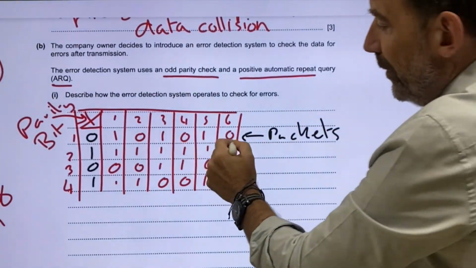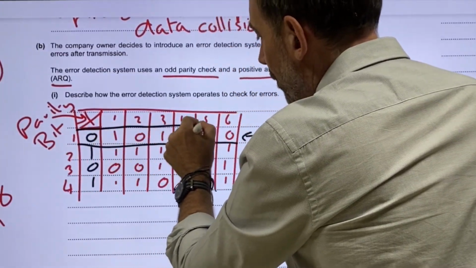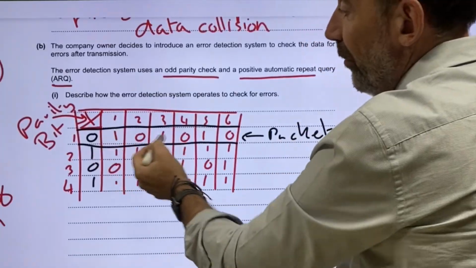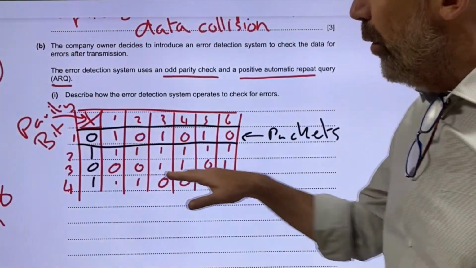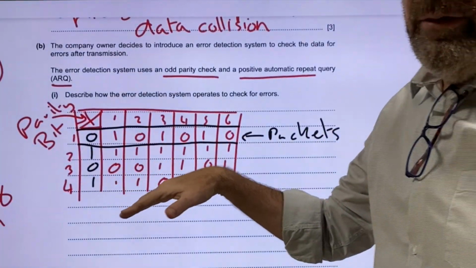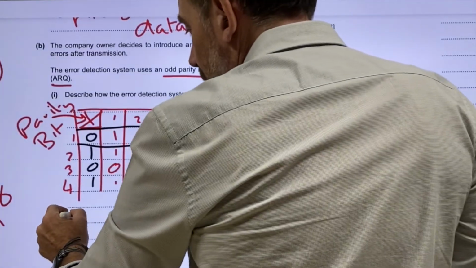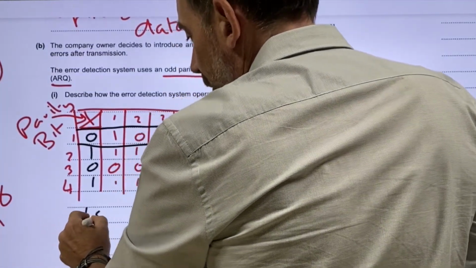Yeah, to make sure this packet of data is odd, it already is odd, so I'm just going to put a 0 in there, or a 1 to make an even packet odd. Okay, does that make sense? Hopefully that makes sense. I'm going to put